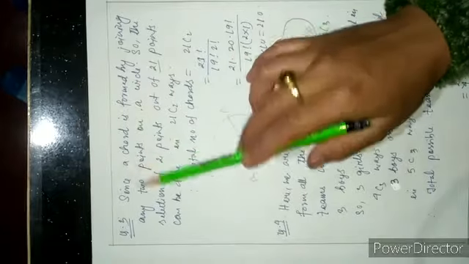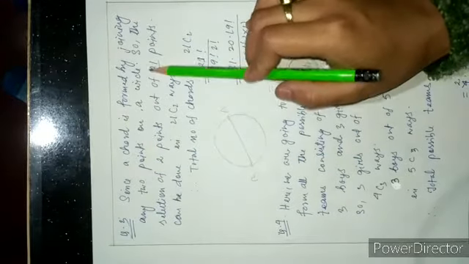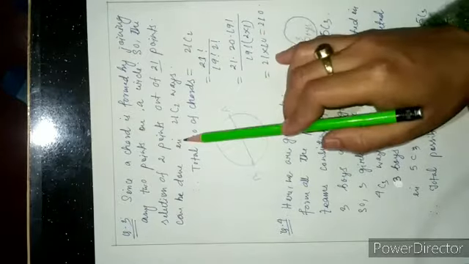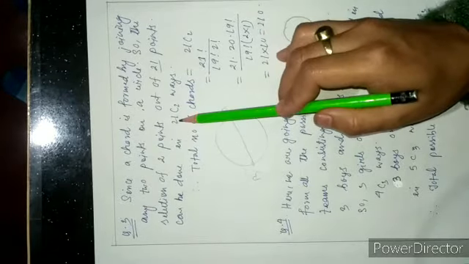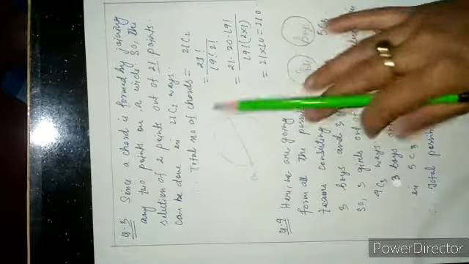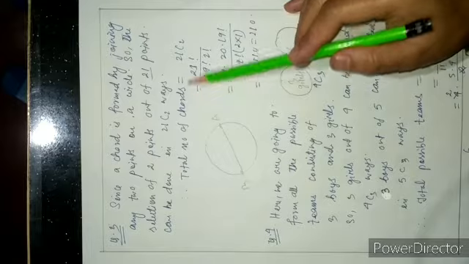Since a chord is formed by joining any 2 points on a circle, the selection of the 2 points out of 21 points can be done in 21C2 ways. Select 2 ways are required, and therefore total number of chords is equal to